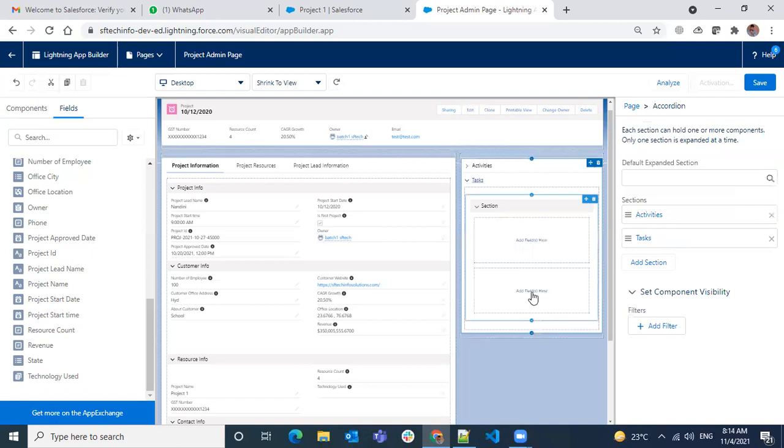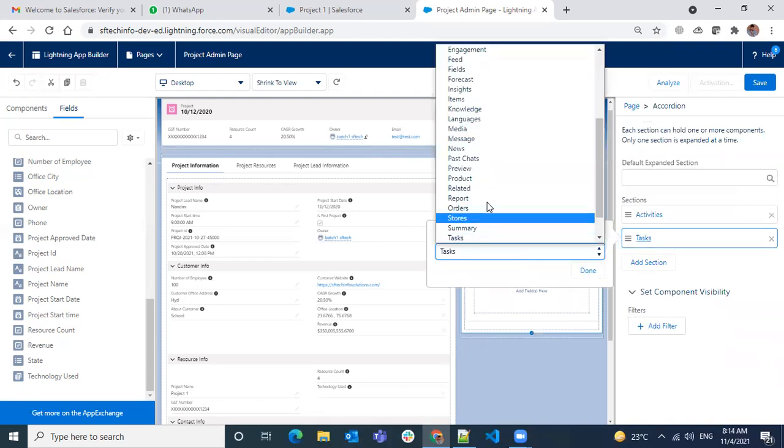So here I am trying to rename this one as a